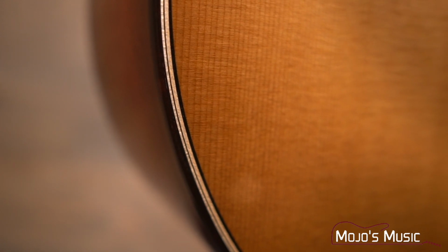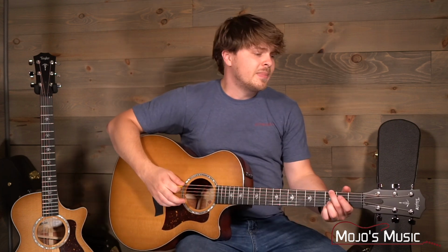This is a great looking guitar, and it really needs to be because it's a great sounding guitar, and they wanted something that paired really well with the fantastic tone that you'll get from this guitar. To my ear,